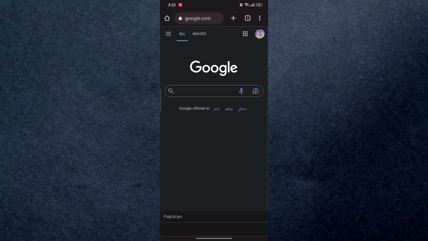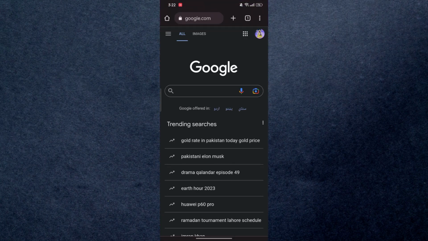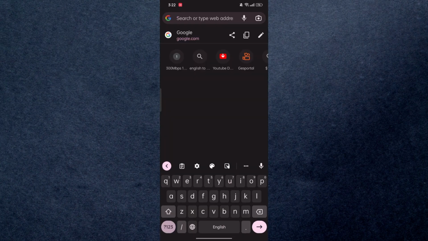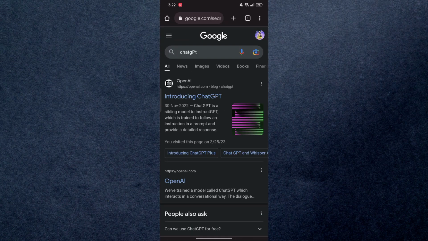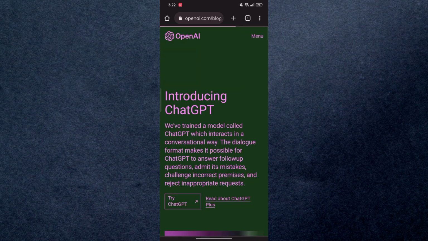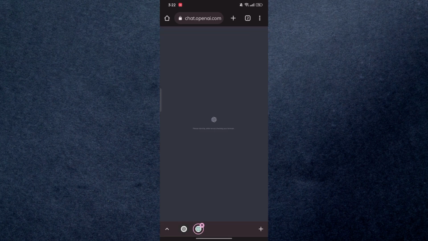All you need to do, head over to any of your browser. Now I recommend you to use Google Chrome, and all you need to do then, you're gonna go to ChatGPT's site, which is basically chat.openai.com/chat. And once you're there,